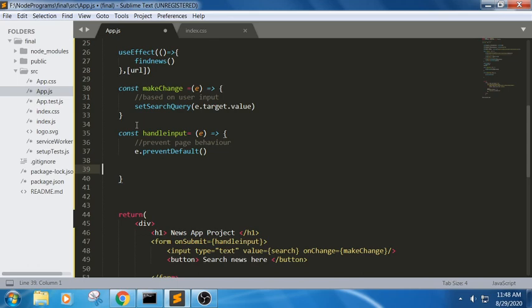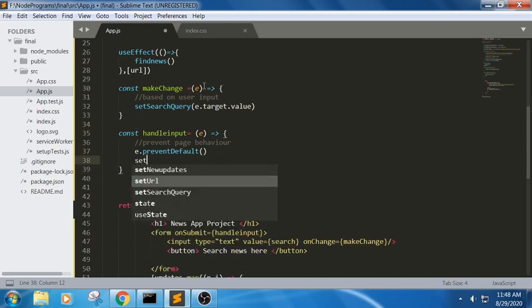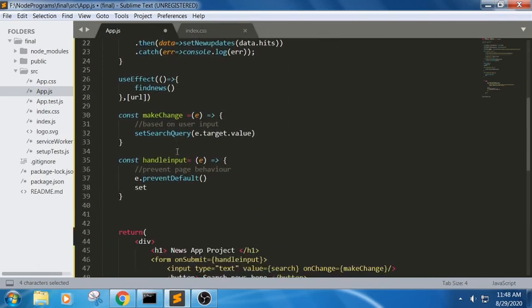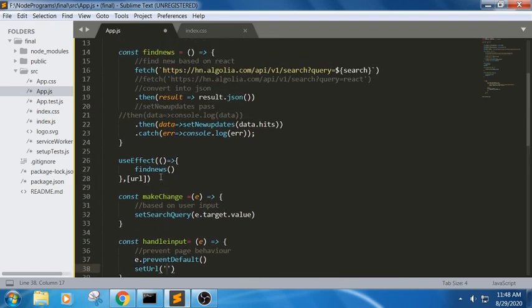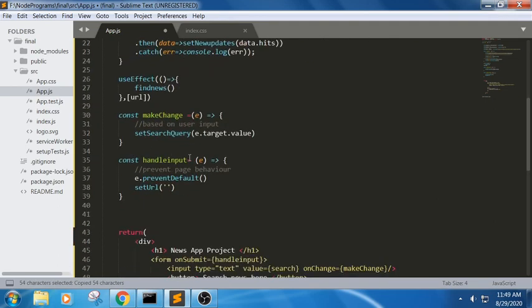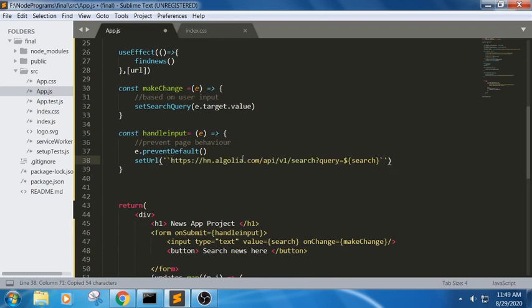And in this we are trying to define setURL. Hope you have remembered, we have defined a function here, right? setURL is the method which we are trying to write here. In this setURL, the value will be based upon this search item. So if you can see here, we are trying to retrieve the values based upon this template tutorials, right? Okay. So based upon the user input field, we are trying to get this value here.